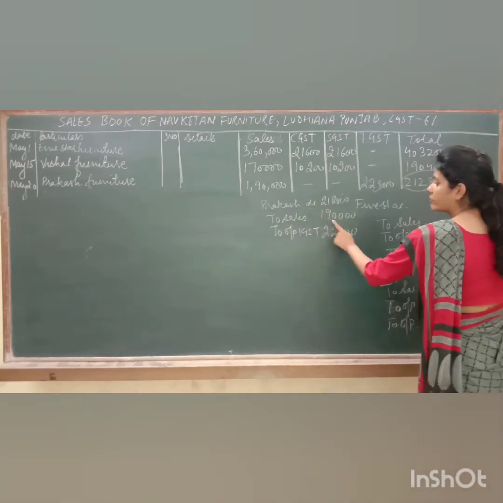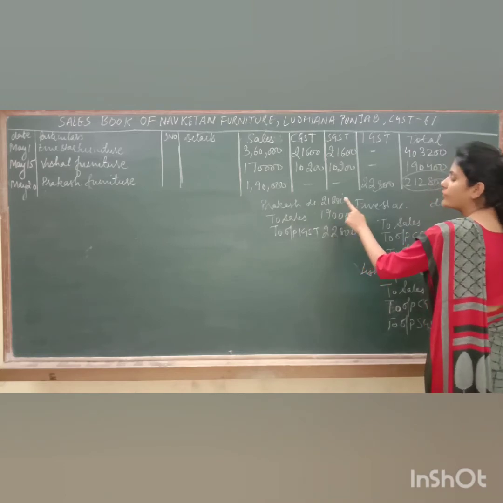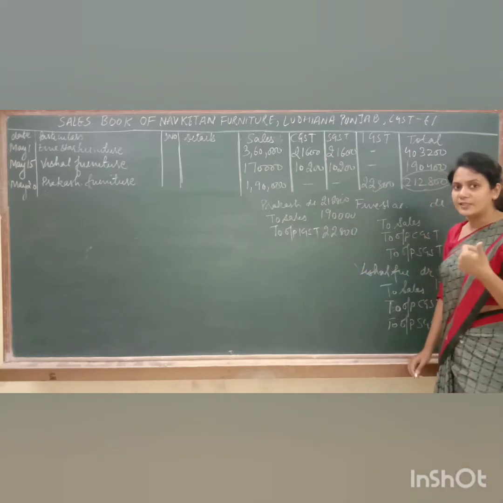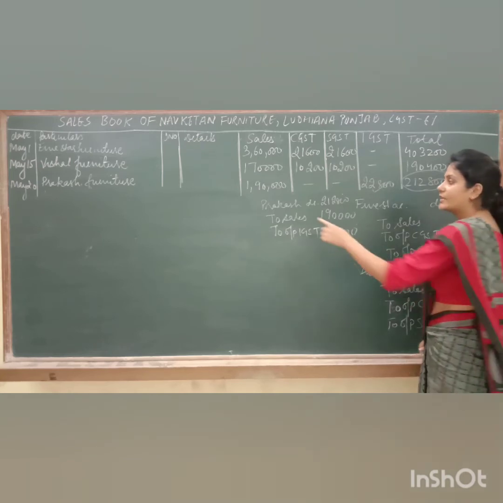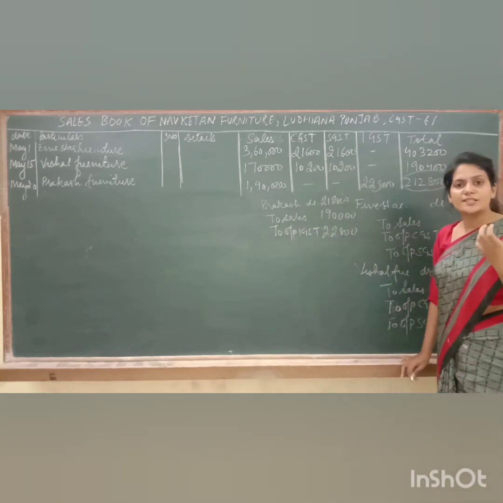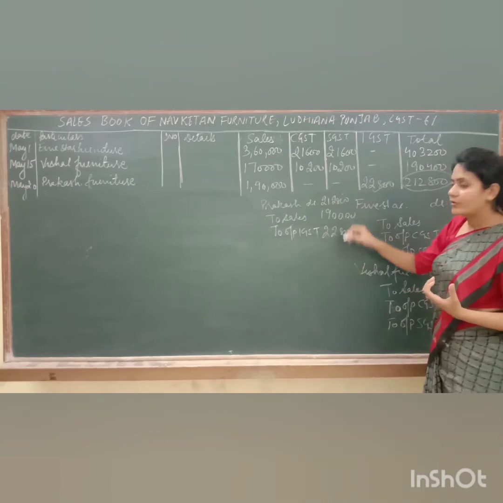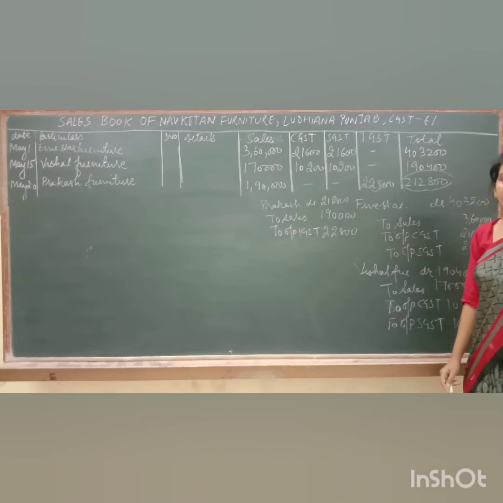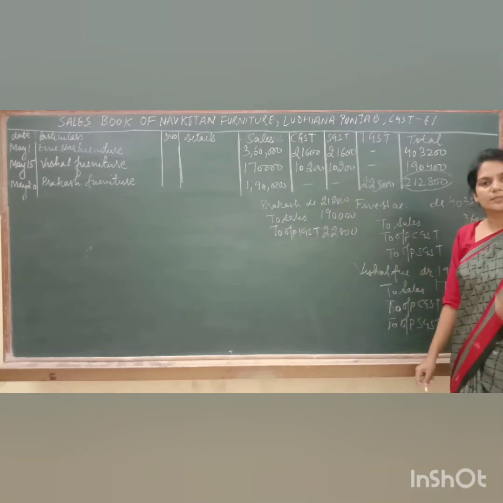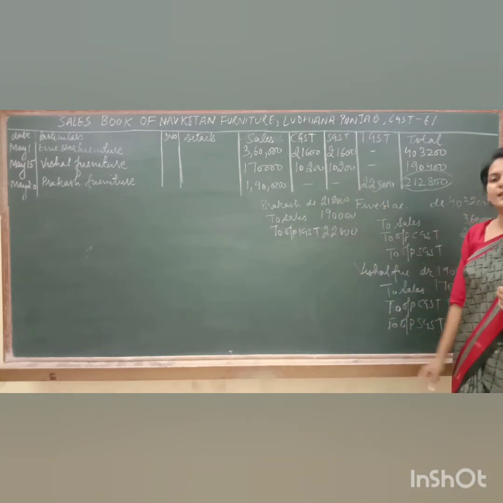The actual value of the goods is 1,90,000, but as we have to collect IGST from Prakash and we are the seller, it means that he is going to pay CGST or GST to us. Fine. So after adding GST, the cost of the goods becomes 2,12,800. So Prakash is going to pay this amount to us and he has become our debtor by this amount.